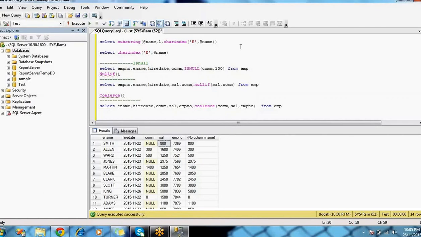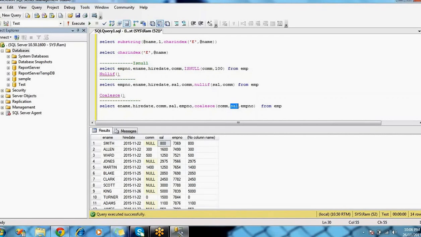So first it is trying to compare this commission column, whether it has a null value or a numeric value. If this commission column has a null value, it will jump into the second column. It will check the same thing, whether the salary column has a null value or any other numeric value.